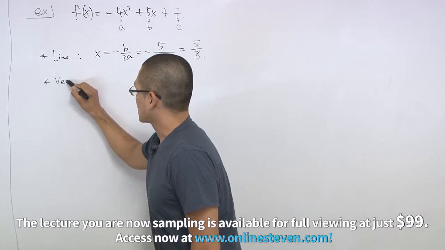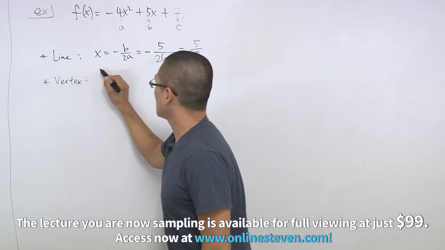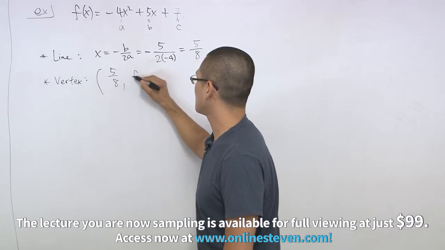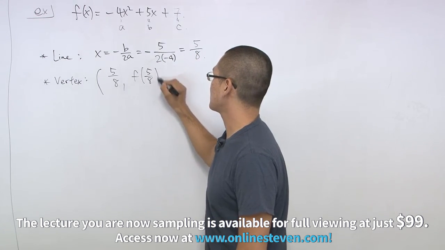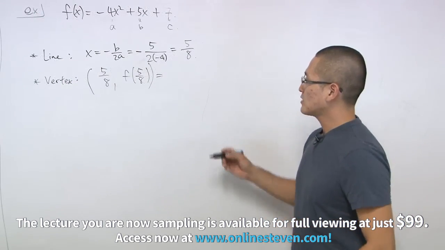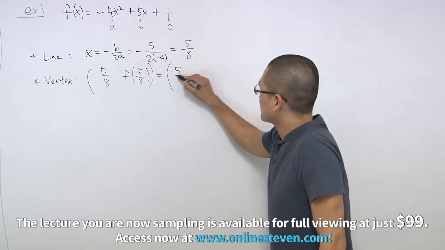And let's find the vertex. For the vertex, using the same x that we have, 5 over 8, I'm going to put that number back into my function. That will give us the number, right? Okay, but one other form that we know here is 5